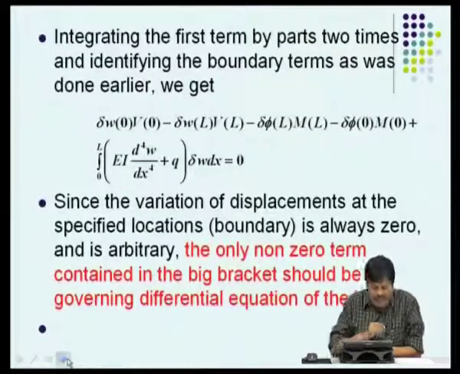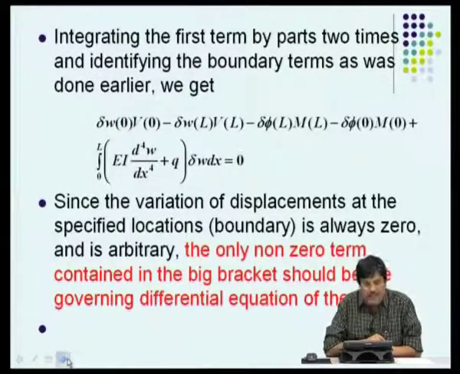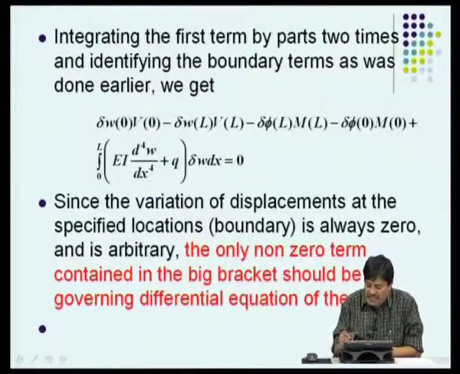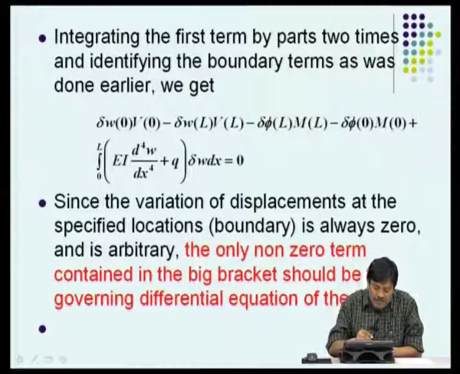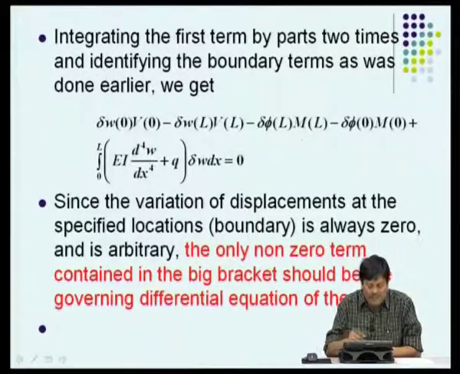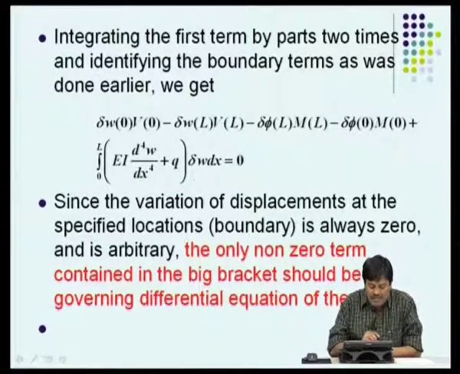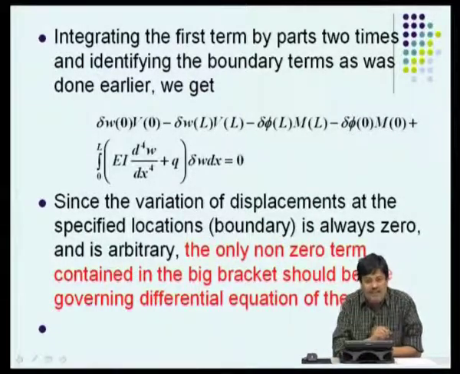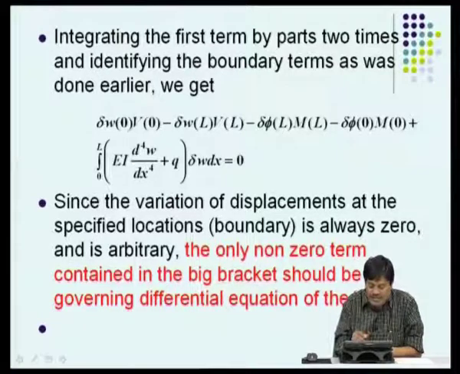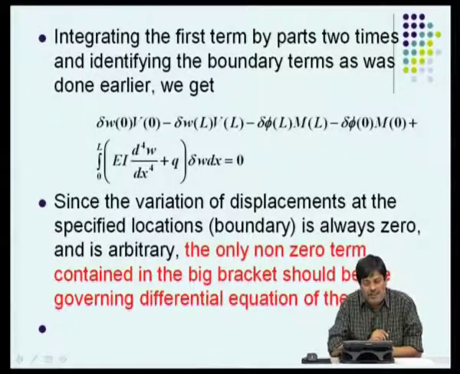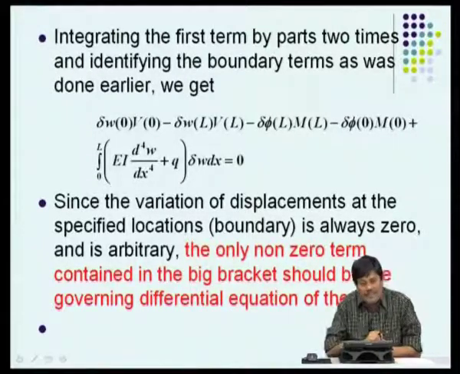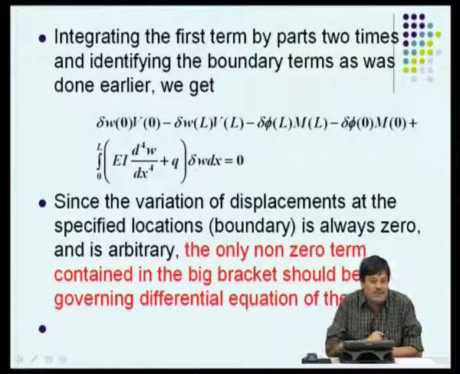Then we again integrate part by part. We do not want to do that, we have done this. So, we have got this equation which we will be writing in terms of the moment, the shear force, the slope and the transverse displacement. And we said that for any beam cross section these terms will be 0. So, what is left is only here, and since delta W is arbitrary, it cannot go to 0, the term inside the bracket should go to 0, and that becomes your equilibrium equations.